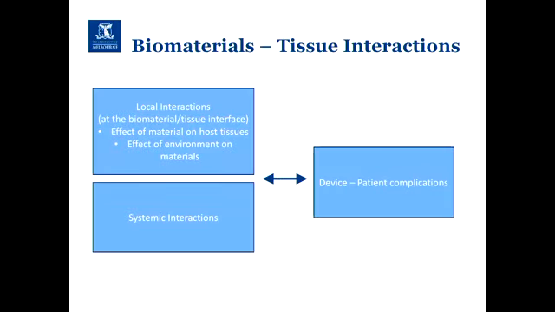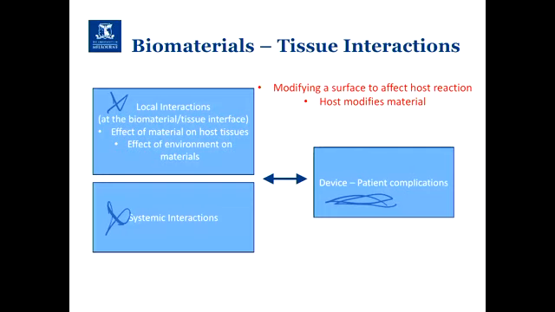I've got this picture like I usually do for the past ones. We've got the local interactions, systemic interactions, and then how the device plays a role in that. And so what we will go to today is if we modify a surface, how that may change host response. And what do I mean by that? You've had a lecture on